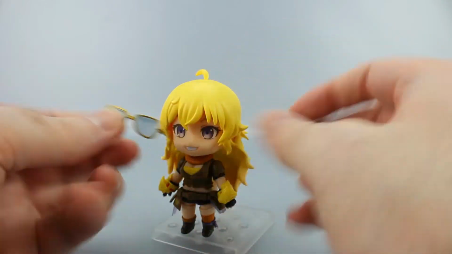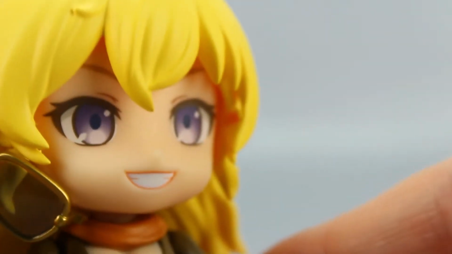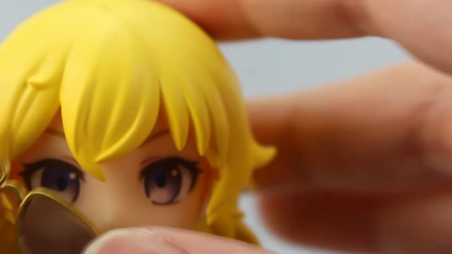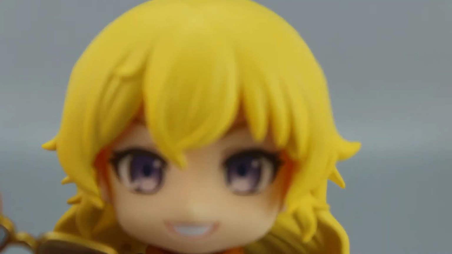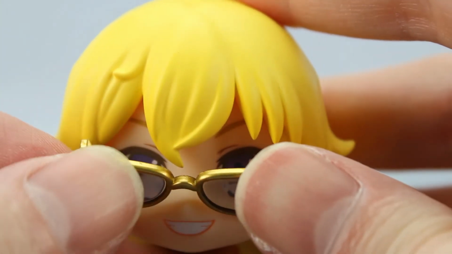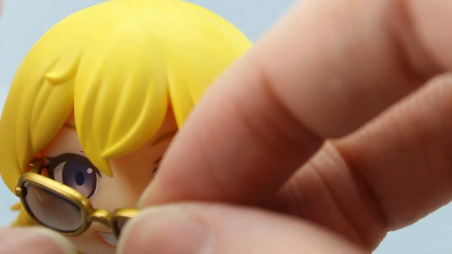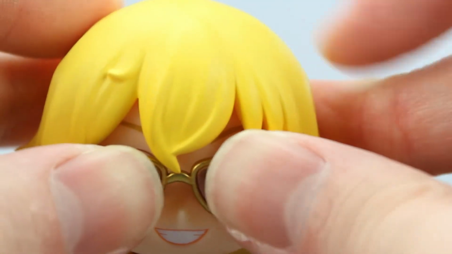Her sunglasses clip on really easy. There's little slots. See that? There's little slots right there in her hair. You have to clip the sunglasses in a particular way. Just clip the sunglasses into those little slots, and there's one on each side, and underneath this bit of hair in the front, and it's a little annoying initially because you have to go underneath and then up,